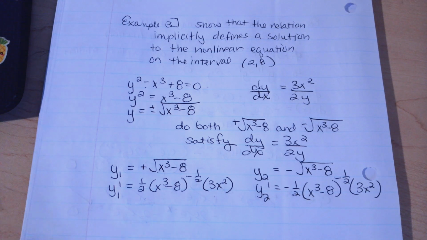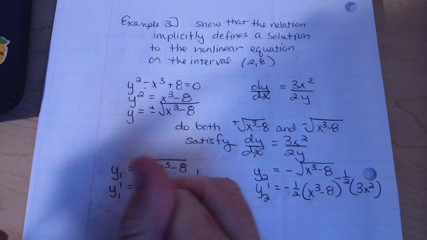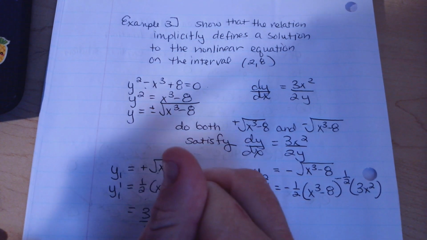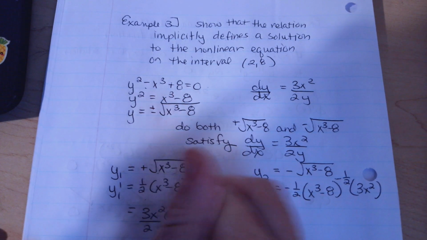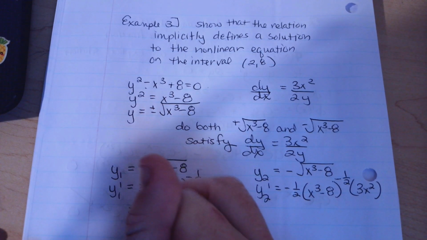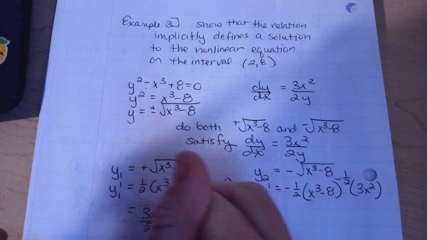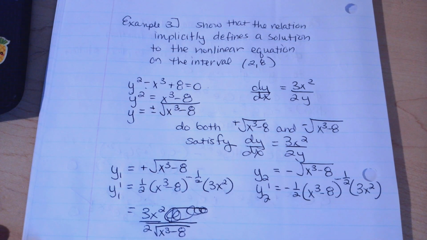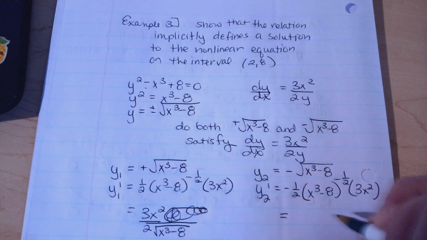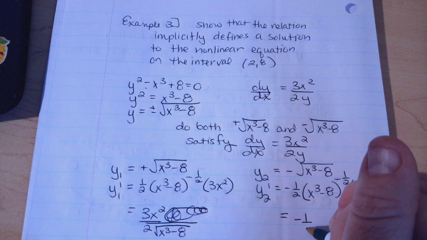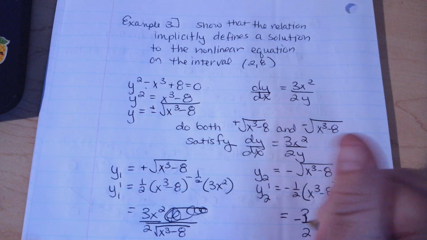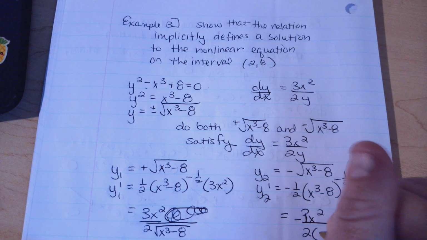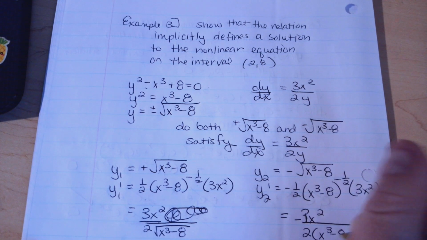Okay, let me go ahead and clean this up a little bit. We get 3x squared over 2 times, it's actually going to be in the denominator, right? Square root of x to the third minus 8. Over here, let's clean this up. We get negative 1/2, 3x squared is on the top, and then on the bottom again we have